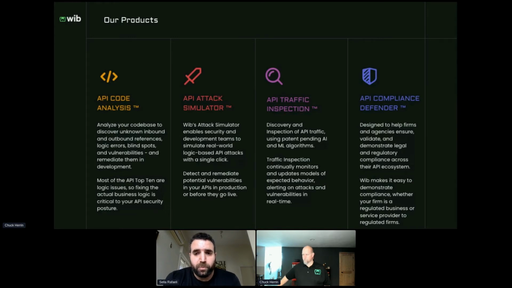This is a great segue to our tool number 2, the attack simulator. Now, our attack simulator is, in my view, a quantum leap in the world of cyber warfare because it highlights the fact that anyone with access to an API, and the point of an API is for people to access it, can try to attack the API, and a successful attack can mean direct access to the database or the private data of the company. Anyone with access to the API can launch a very wide range of attacks to see if they work against the API.